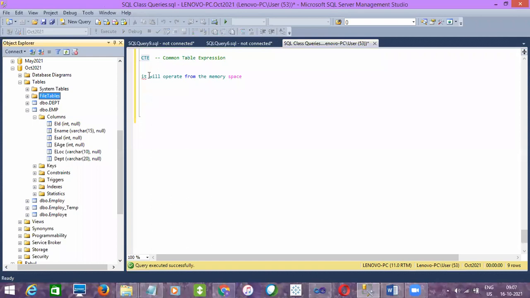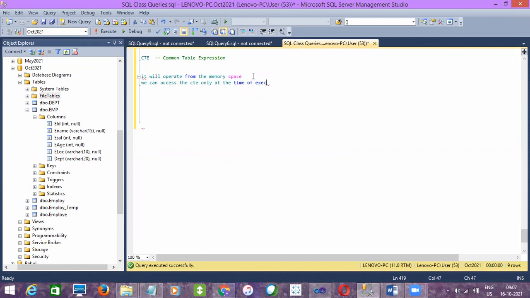First thing, we can access the CTE only at the time of execution. I'll tell you the explanation for each and every point.